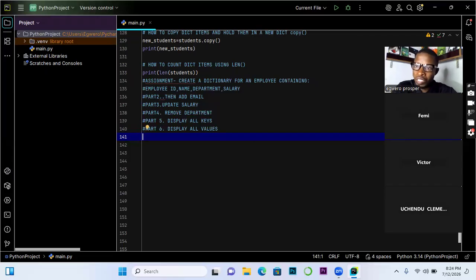So once we are done with this topic, we'll be entering Python functions. I want to see how I can conclude this topic tonight, because I want to see how I can complete the remaining two. Remember that we have done Python list, and then we have also completed dictionary.